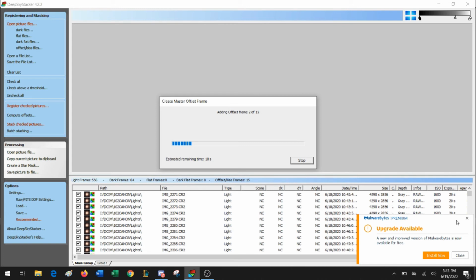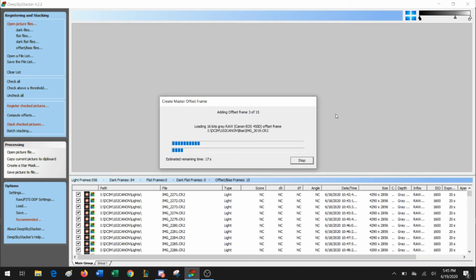So it's going to start stacking everything. It's going to go through a few steps. It's going to make a master offset frame for biases. It's going to make a master dark frame. It's going to register all of the individual light frames. It is going to compute the stacking information for all of the individual light frames, and then it's going to